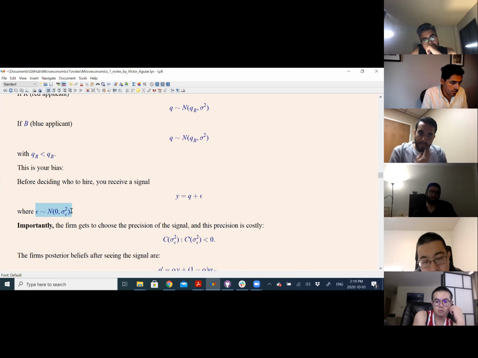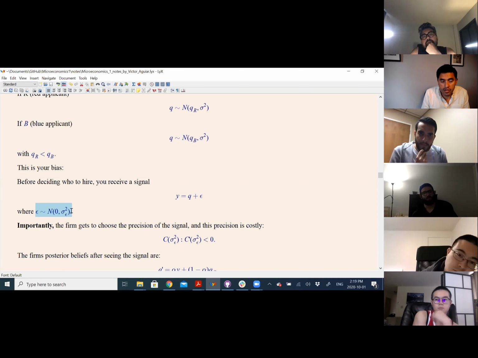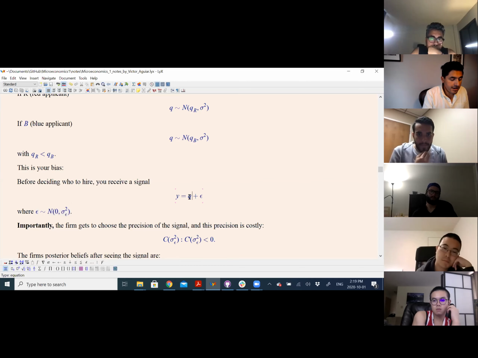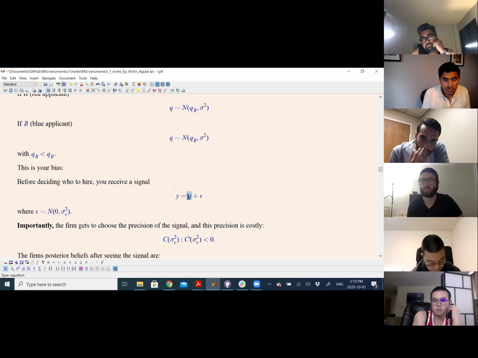One quick question: the means QR and QB, is that just the firm's bias, or is that the actual? So here we're going to assume statistical discrimination, starting with that. In particular, you are going to have true information about the marginal distribution, so it can be the population description. But now what is discrimination? Discrimination means that, for instance, if I were fully attentive, then you would see exactly your quality, and you would be hired according to your quality. So discrimination only happens because these firms have costly attention.